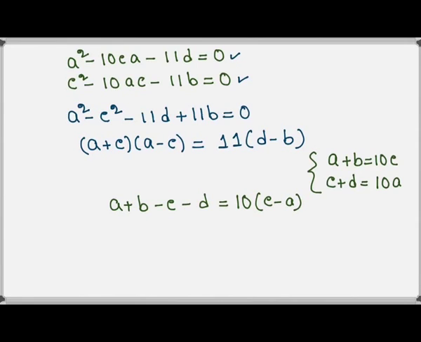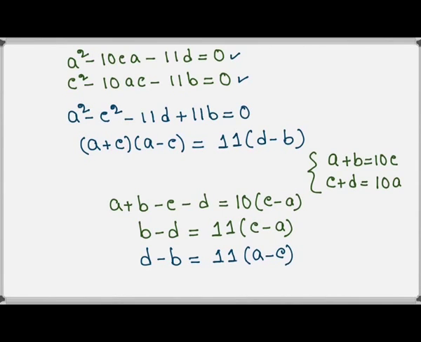That means we have b minus d is equal to 11 into c minus a. So let us write it in this form. d minus b is equal to 11 into a minus c. Now we substitute this